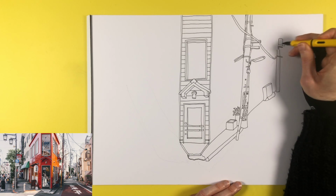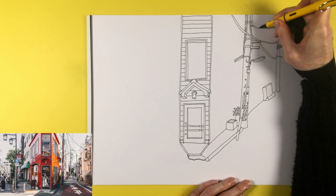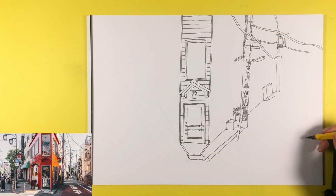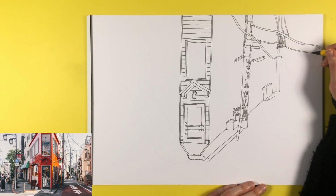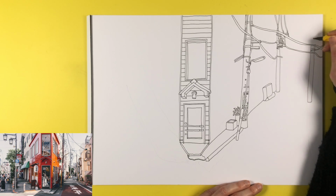Just like last week's drawing, this is exactly the sort of scene that I would have run a mile from, just because of all the stuff that's going on everywhere. It's so difficult to get your head around when you start drawing. I'm going to have to draw all of that. How long is that going to take? Can I even do that? Absolutely no way is the answer I would have given when I started drawing, but I'm finding if I just break it down into little bits and pieces, break it down into sections, tackle one thing at a time,